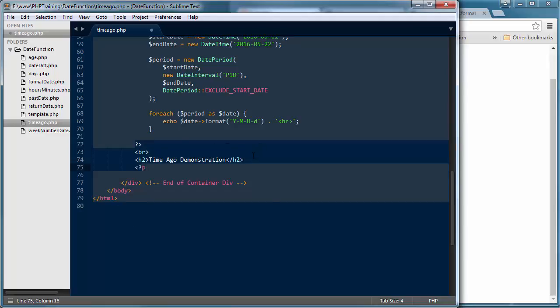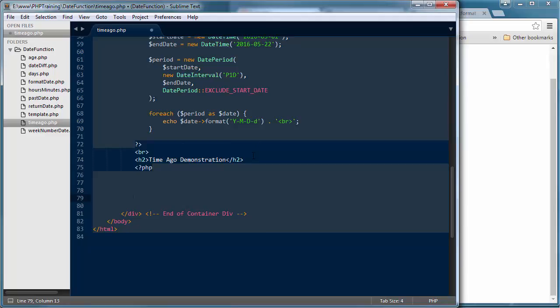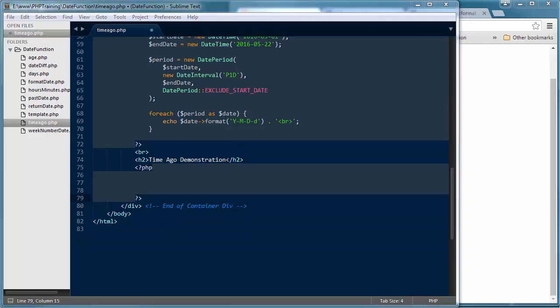Open my PHP tags. Come down a few lines and close those PHP tags. First thing I want to do is create a variable. This is going to be a variable that I'm going to call time, and we're going to convert this immediately into a string to time variable. So I'm actually taking this string text, converting it immediately into a string to time, and assigning it to that